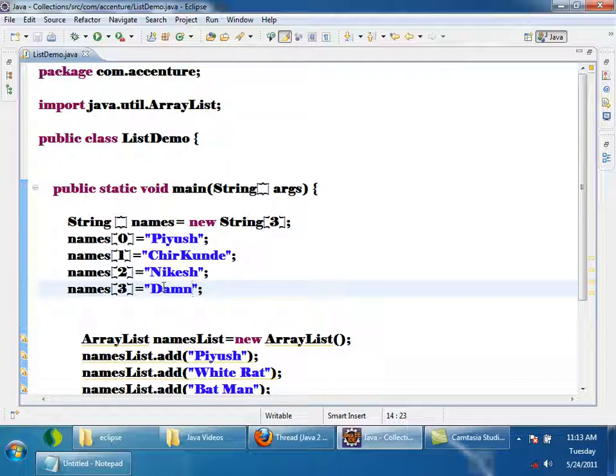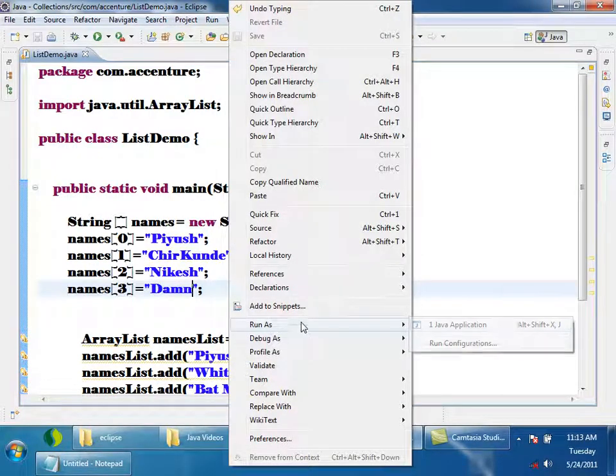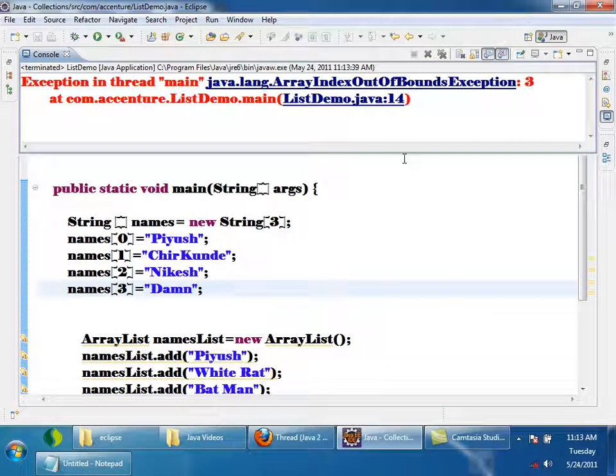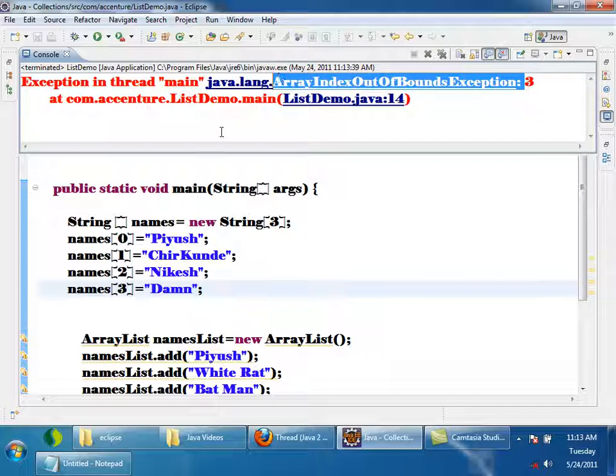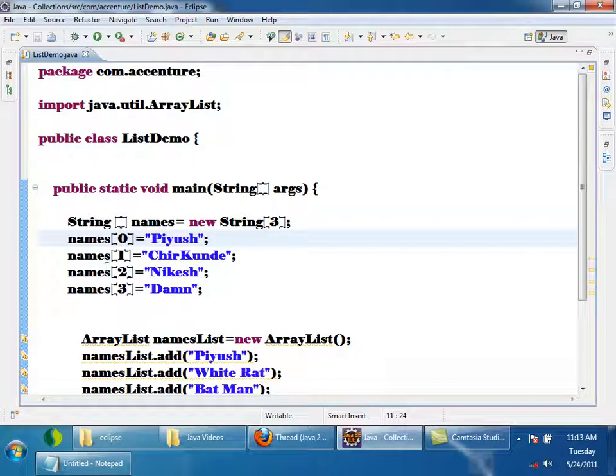So will it give a problem or not? I declared an array of size 3, but how many elements I am adding into it? 4. So if I run this, it will throw what exception? ArrayIndexOutOfBoundsException. The size is 3. It will not allow. So whenever I am declaring an array, size is limited. We cannot increase the size of an array dynamically.